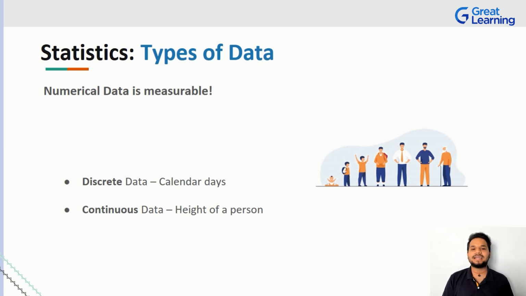Think about discrete data first. Discrete data talks about calendar days, right? So it is a specific order. It's going to arrive in the same ordered place, but at the end of the day, you know that each has its own division, right? So every month we have calendar dates from 1 to 30 or 1 to 31 or something, and we don't go to 32. We reset back to 1 and we start all over again, right?